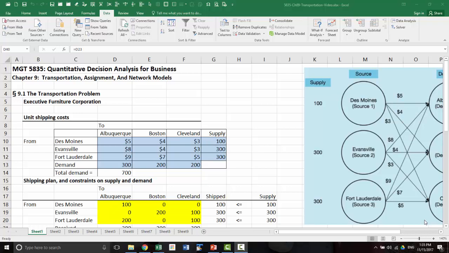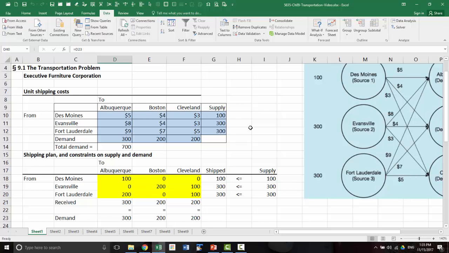The next problem is called the transshipment problem. But before we get to the transshipment problem, I want to set up this transportation problem in a slightly different way. It may seem more complicated than how we did it the first time, but the different way in which we're going to set this problem up will make it easier for the transshipment problem and other network problems. Okay, so we're going to do the same thing, the first problem that we solved, the transportation problem with